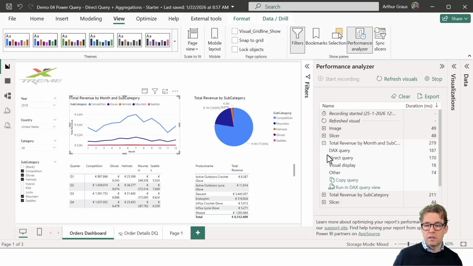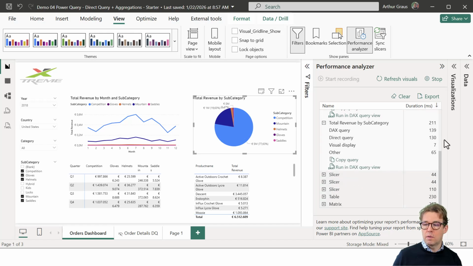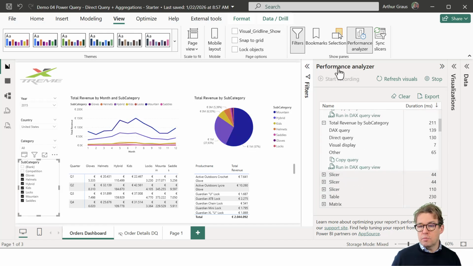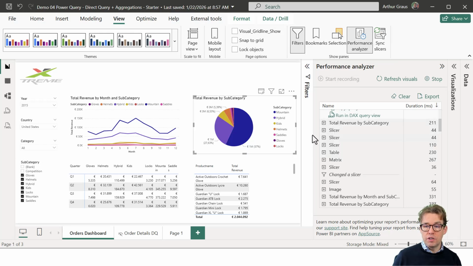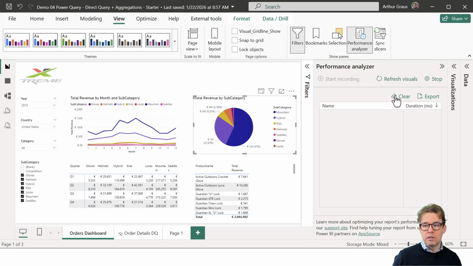But here you can see the performance penalty of the Direct Query. So 170 milliseconds. You see it also here with this one. There's also a Direct Query penalty. And what is nice about the performance analyzer is you can see for each visual what the performance penalty is. And what you can also see here, let me do it again, refresh, is that a lot of times there's